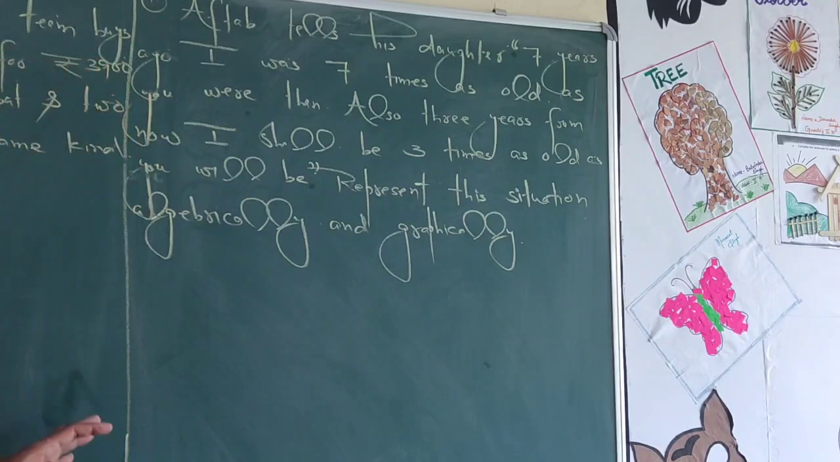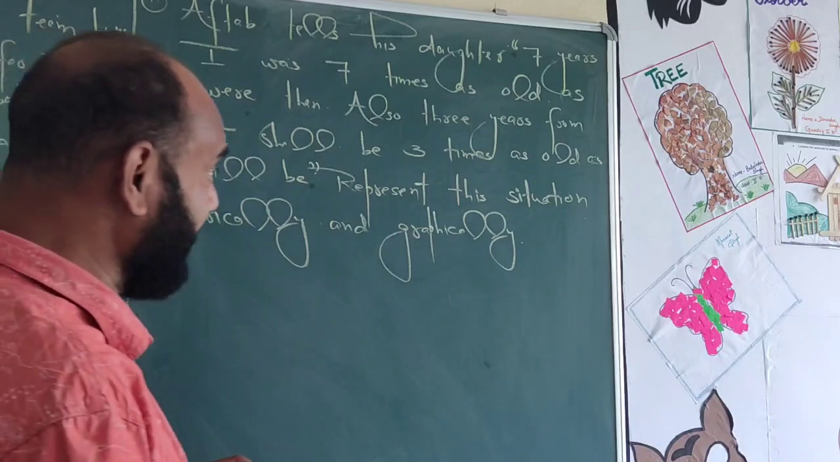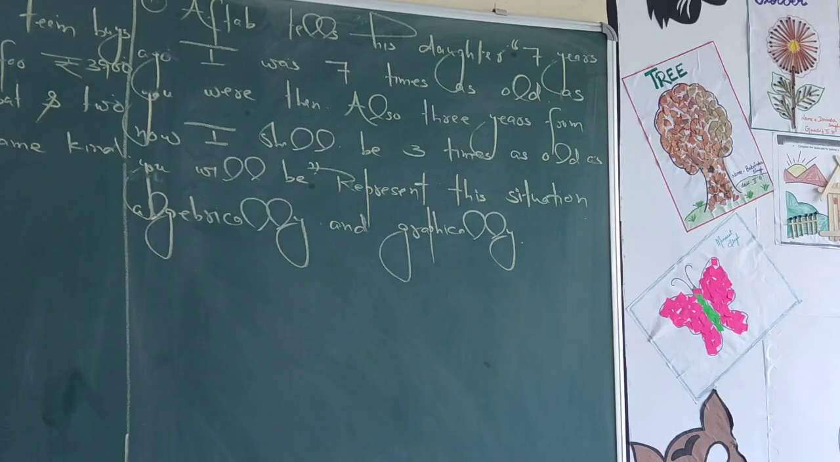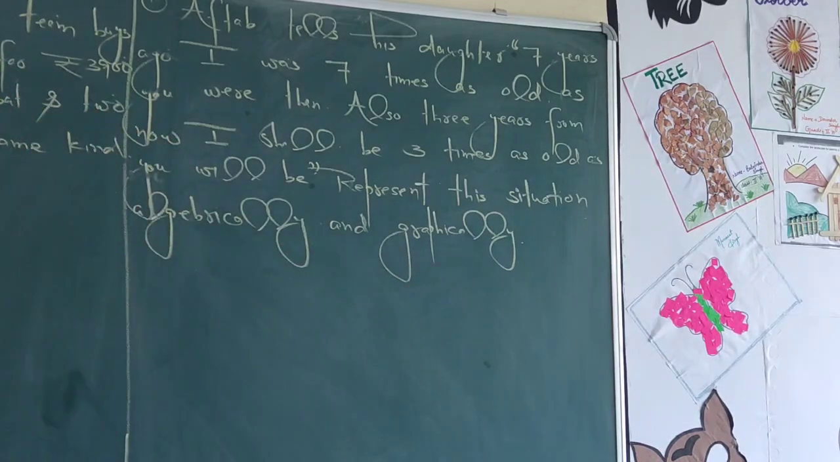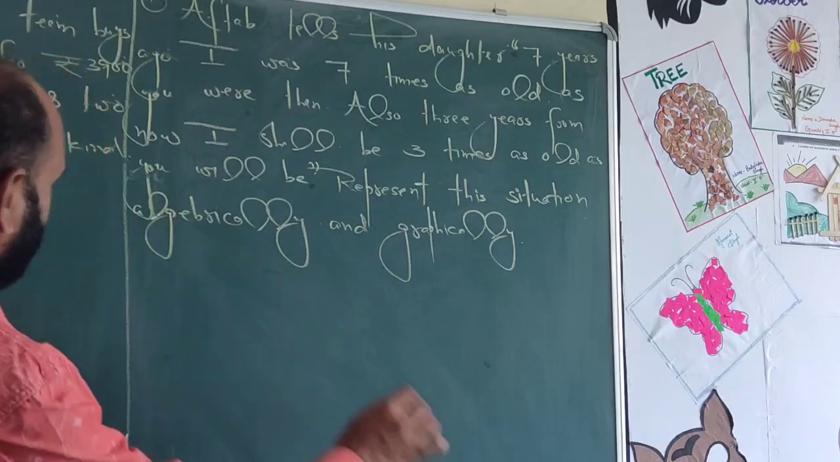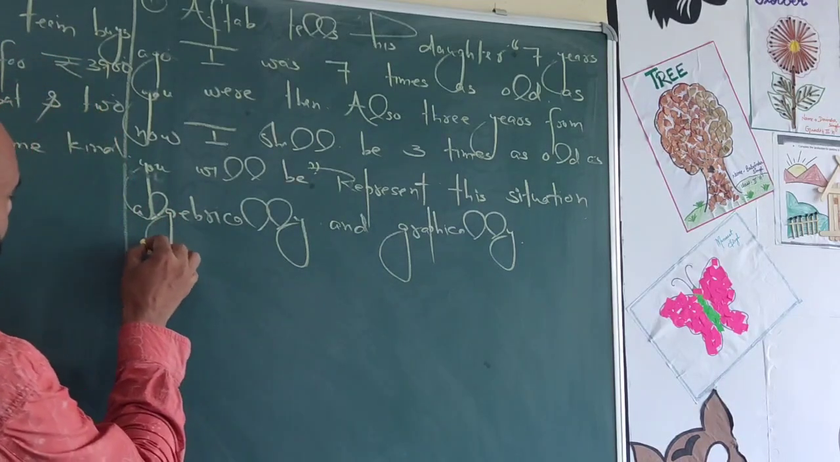Now we see, Aftab tells his daughter, 7 years ago I was 7 times as old as you were. Aftab is telling his daughter that 7 years before the present time, he was 7 times as old as she was. And after 3 years, I shall be 3 times as old as you. So we let